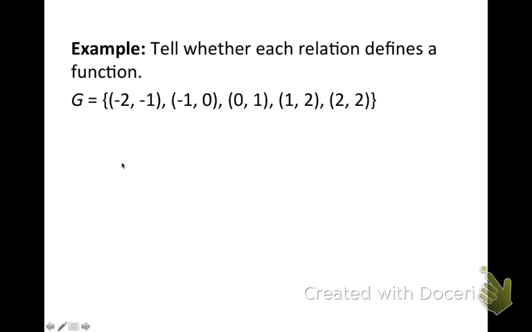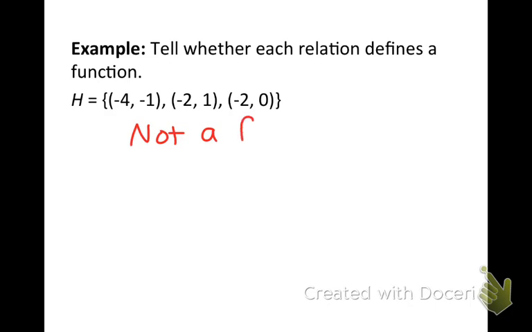So would this be a function? All right, I guess that one is, huh? So negative 2, negative 1; negative 1, 0; 0, 1. That is a function. Here's one that's not. So negative 4, negative 1; negative 2, 1; negative 2, 0. So this is not